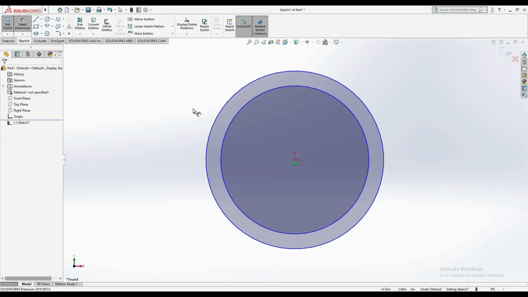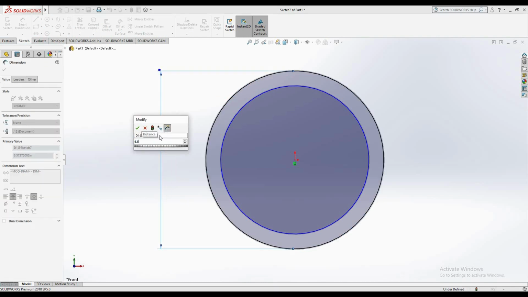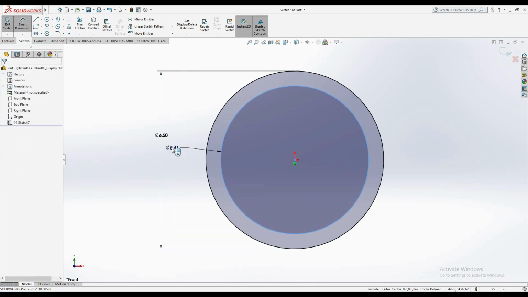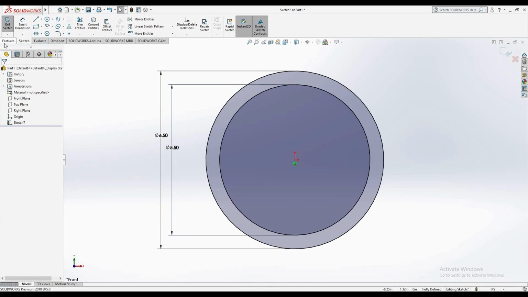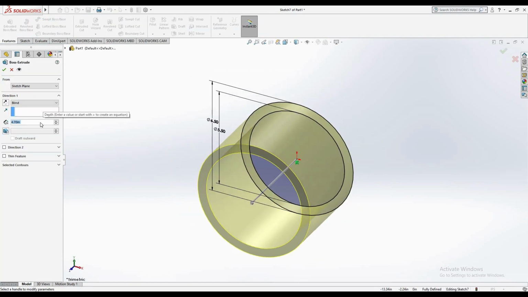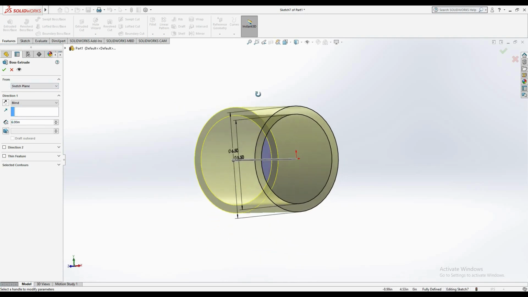Then click right, and that's my dimension of the circle. I will set 6.5 inches, and the small circle we set 5.5. Then click right. For the features, I will use extrude boss for this sketch, and for the depth I will set